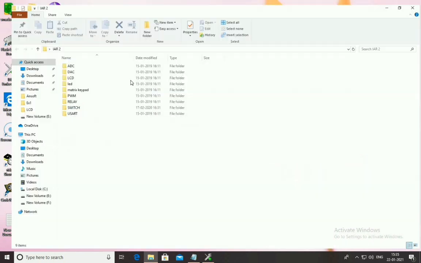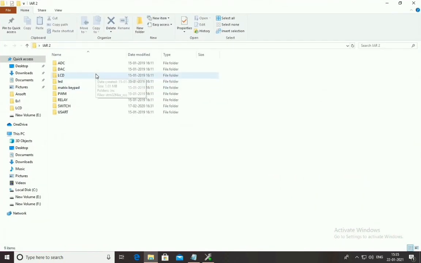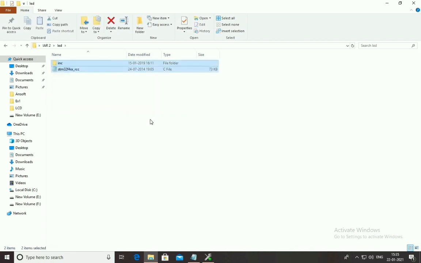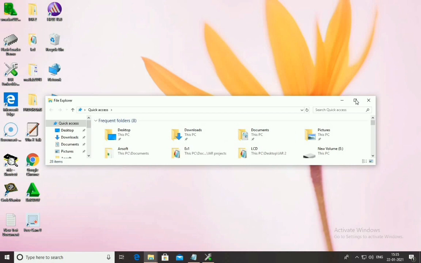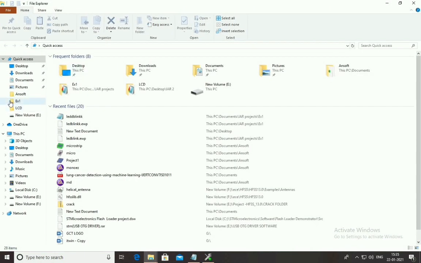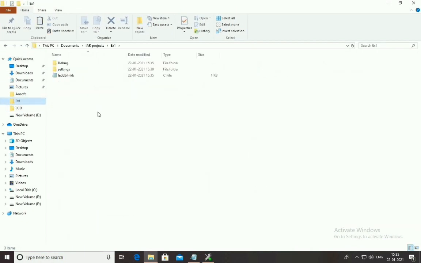For that, first copy the inc folder and paste it in the folder in which you have saved all the files. Okay, currently you are working, all the files you have saved in a separate folder, no? So in that folder you have to paste this inc folder and another file.